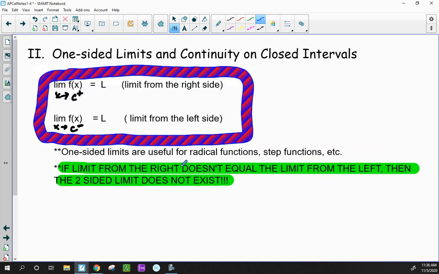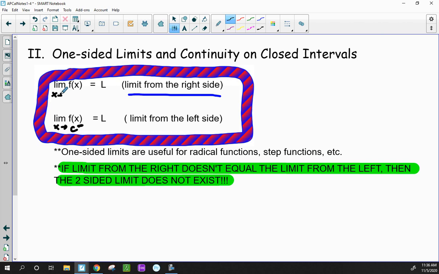All right, we're going to look at one-sided limits and continuity on closed intervals. When this is new to us, one-sided limits, I've been saying it but I've just not been writing it down on purpose because I knew it was coming. When the textbook is asking us about a limit on the right side, they're going to write it this way. They're going to put the x, and then the little arrow that means